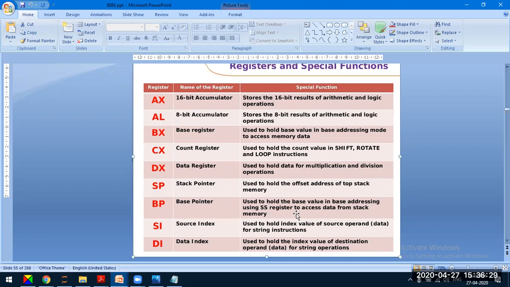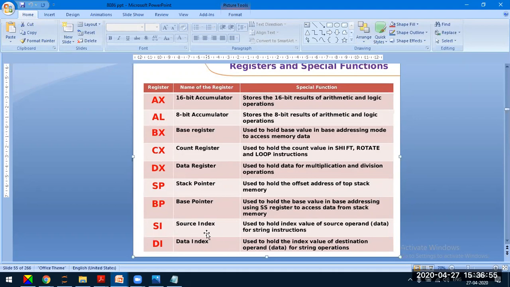As we saw in the earlier slide, there are four segments in the memory: code segment, data segment, stack segment, and extra segment. Whenever we are accessing data stored in the stack segment, we use BP, base pointer, whereas to access the data from the data segment in the base addressing mode, we use the BX register, that is the base register.